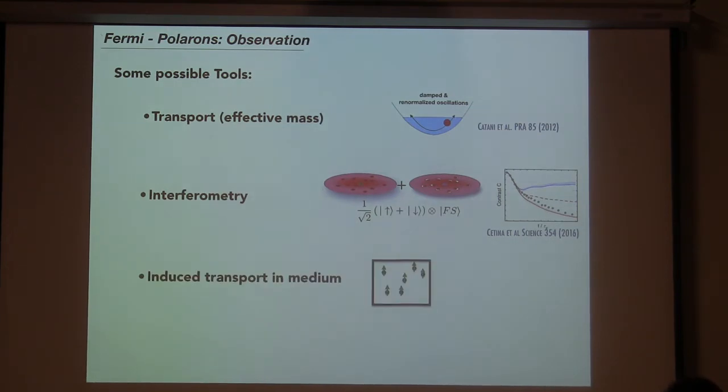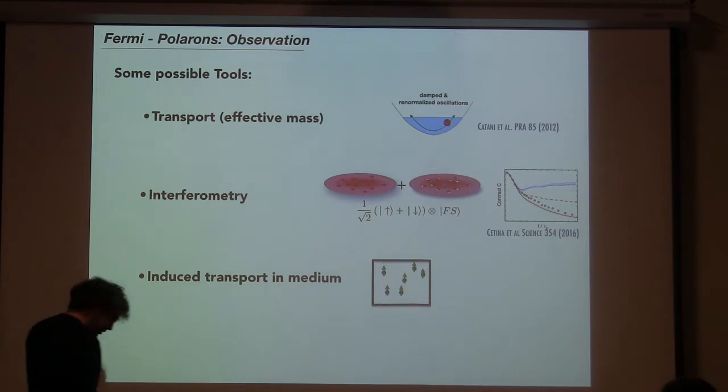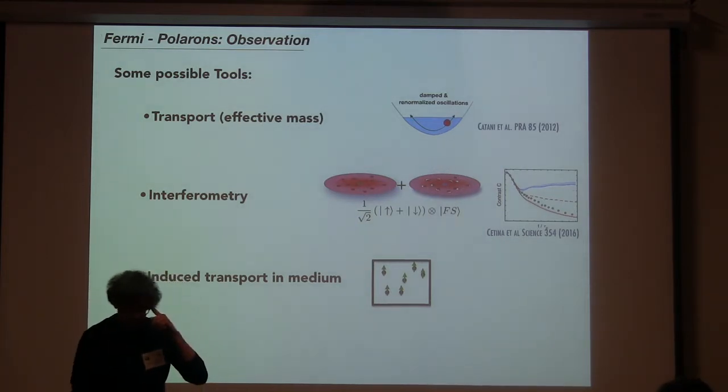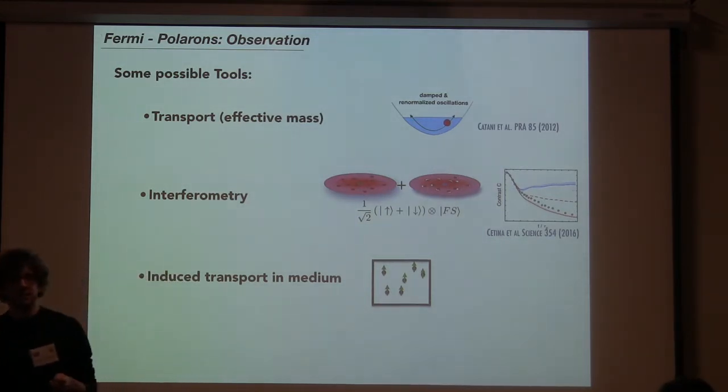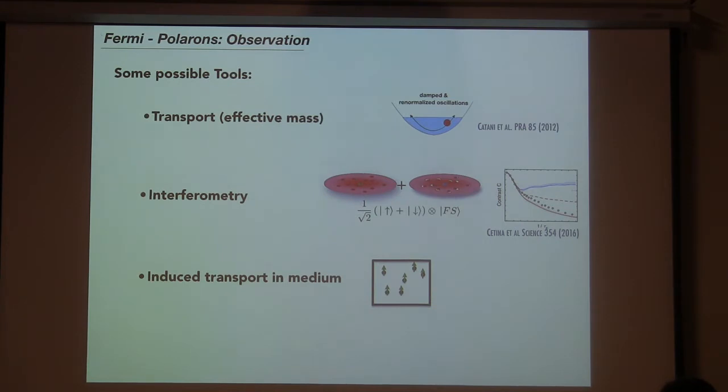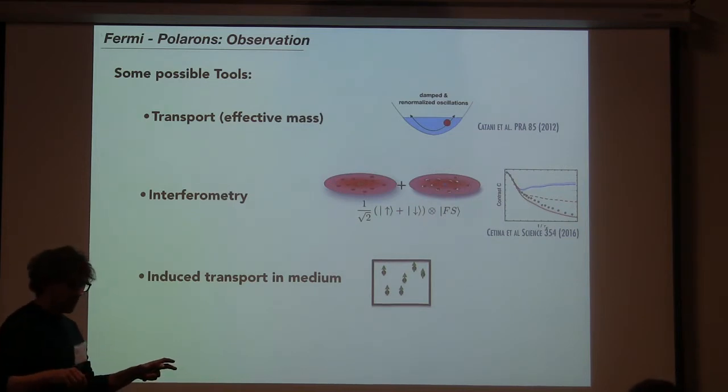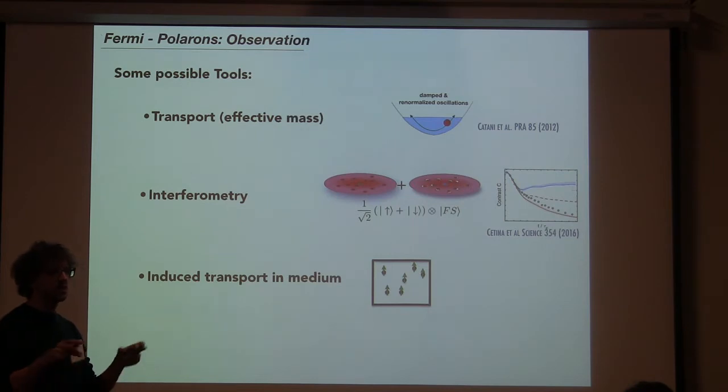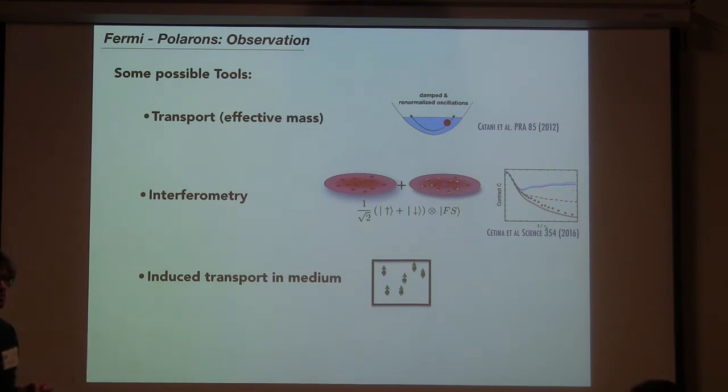All right, there are different things we can do. We can, let's call it, watch for changes in the medium. That's something, for instance, one could do with single-site resolved microscopes. Let's suppose we have an impurity in a lattice system, and then we could just watch what happens to the atoms surrounding the impurity. Are there some correlations we can see just because an impurity is there?